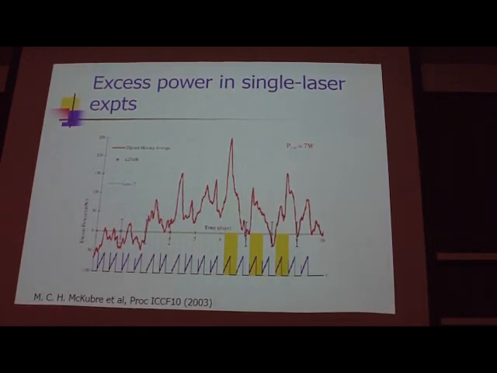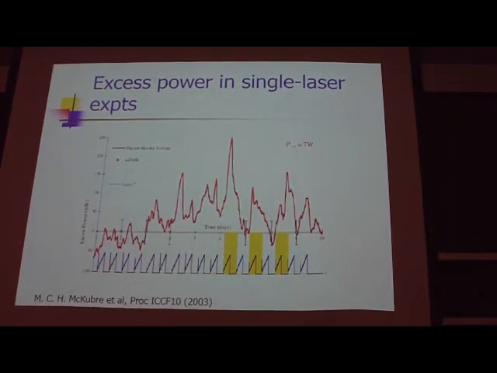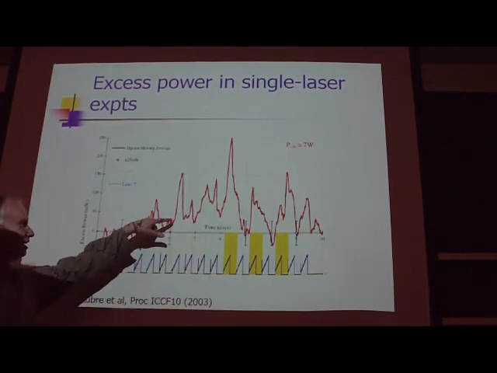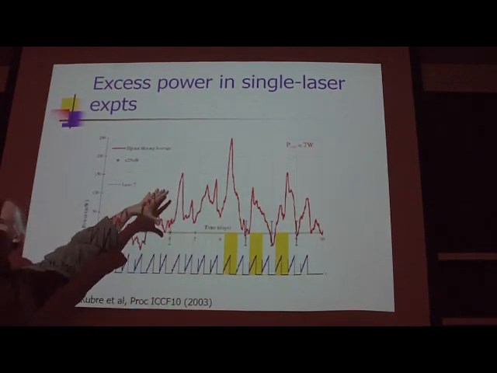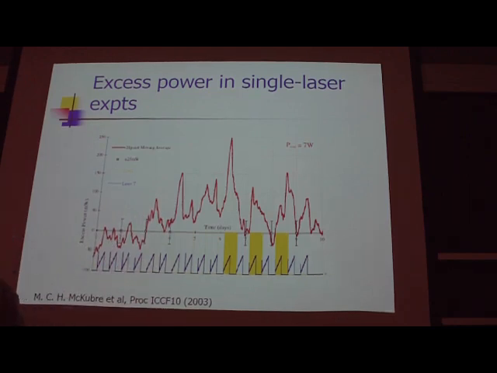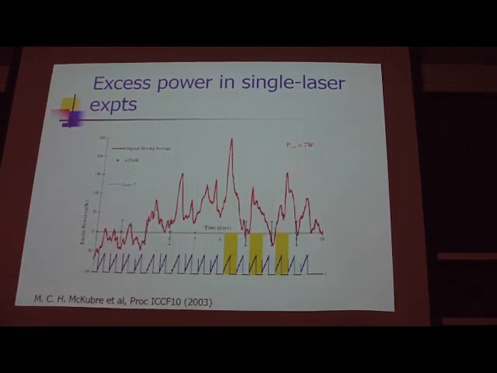One of the things that was really interesting to me about these experiments was that this was one of the first examples of control. You might say this really isn't control, but if you look here, you turn the laser on, excess heat goes on. You turn the laser off, excess heat goes off. The laser power is much lower than the excess heat that results from it. It's a little bit like a switch. You turn it on, you turn it off. I view this as a really important result. Excess heat that wants to come on but won't turn off is inconvenient. Here, you turn it on, and I can turn it off.